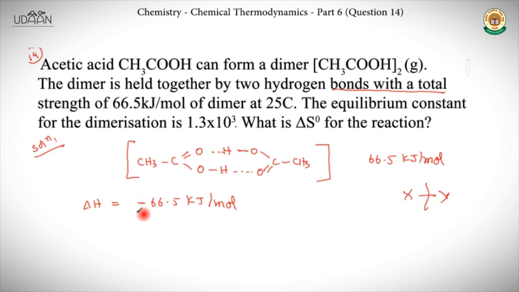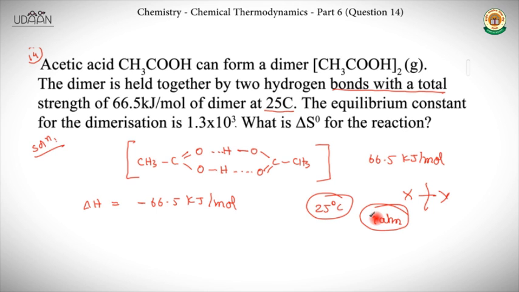Why is this negative sign? Because the heat is released. It's getting out of the system, right? So this negative sign. And they gave that the temperature is 25 degrees centigrade. And this one is happening in some vessel, right? So we consider it as atmospheric pressure, since they didn't mention any pressure.